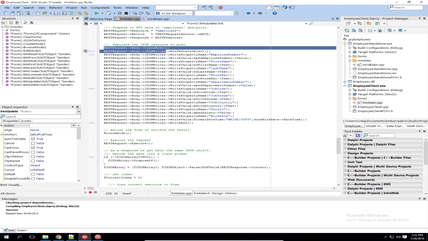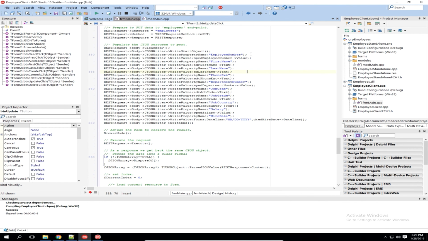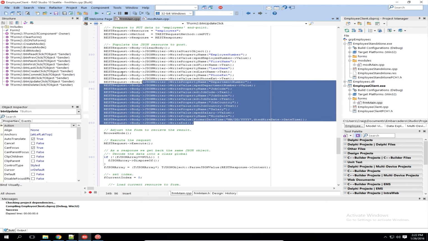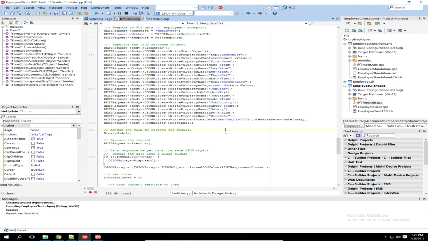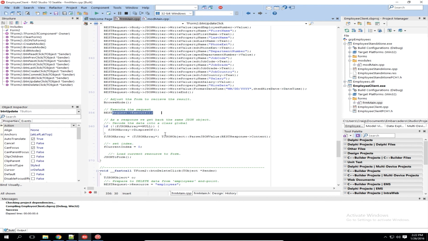And this time I'm clearing out the request body and building up the same JSON object, but you'll notice that this time I'm including the employee number. And that's because this employee number is what's going to identify the record that we're going to alter. I'm also sending all of the values up regardless of whether or not they've changed. And on the server side, to keep things simple, I'm just going to alter all of those values in that record. Then I enter back into browse mode, execute the request,